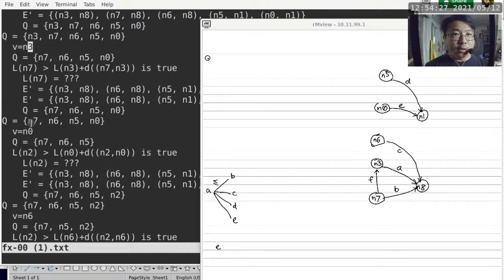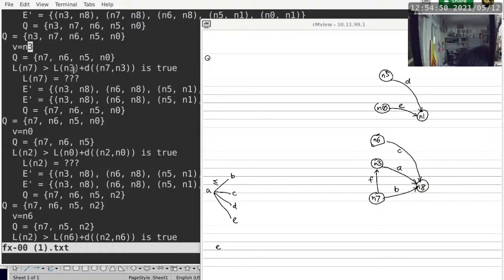So the L value of n7, the value of n7 is updated here. So this is also significant. Because the L value of n7 is updated, which also tells us that the L value of n3,